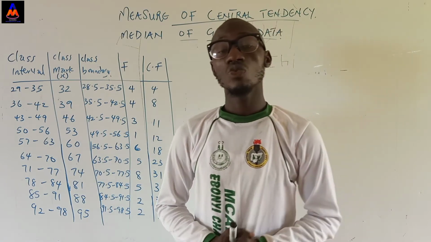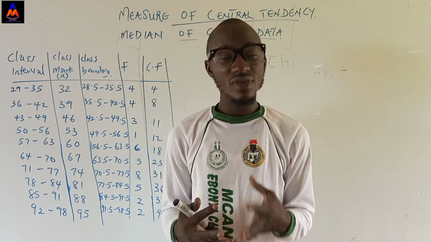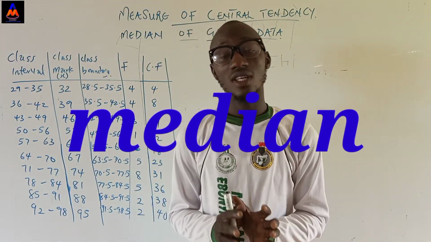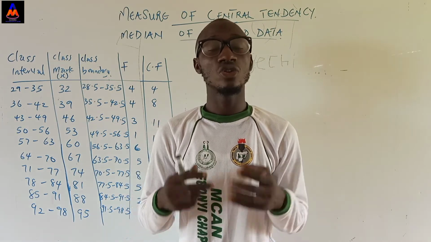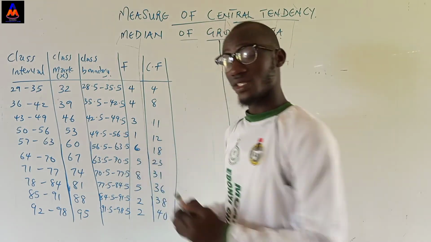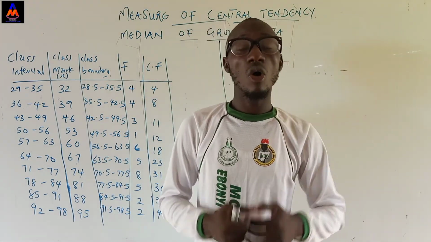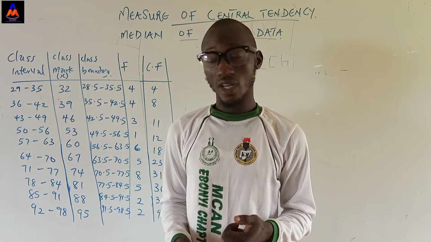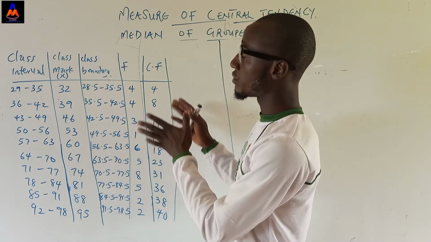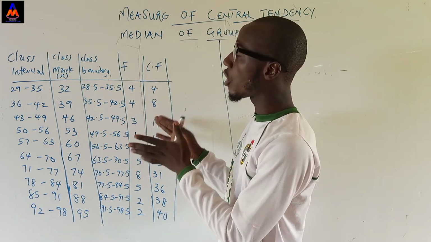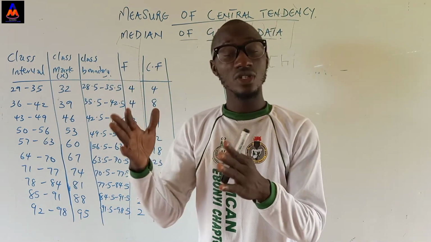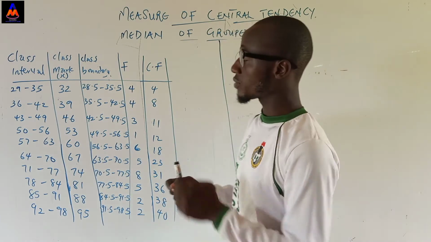In this episode, we are going to find the median of group data. Although we have dealt with this technique, we have utilized it on ungrouped data, and that was very easy. But when you have data that are grouped together like this, how do we find the median of this set of group data? Don't forget that we are using the same example that we used initially. We talked through how to get the class boundary, the class value, and the frequency in our previous lecture. You can check up here for that particular lecture.